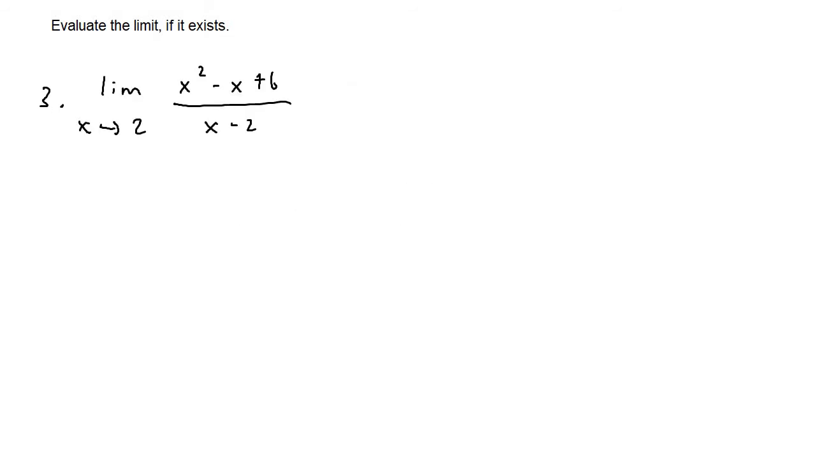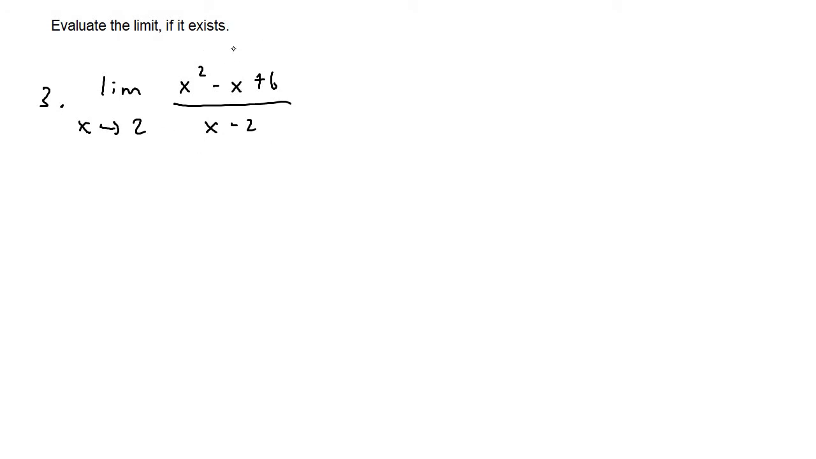So now for number 3, we have the limit as x approaches 2 of, this time, x squared minus x plus 6 over x minus 2. So obviously if we use direct substitution, we'll get 2 minus 2 in the denominator, and that's 0. We can't divide by 0, so we have to try to use another method to prove that the limit does or does not exist. So I'm going to try to simplify this function, but realize